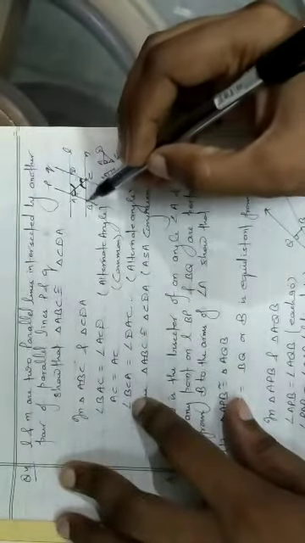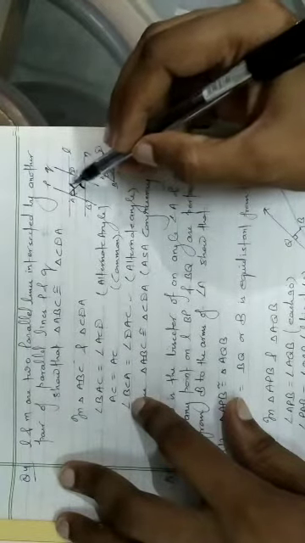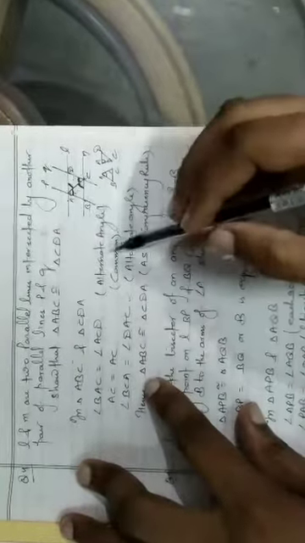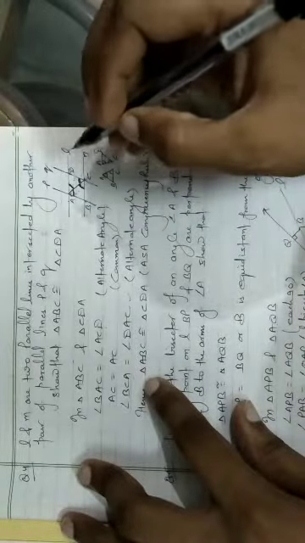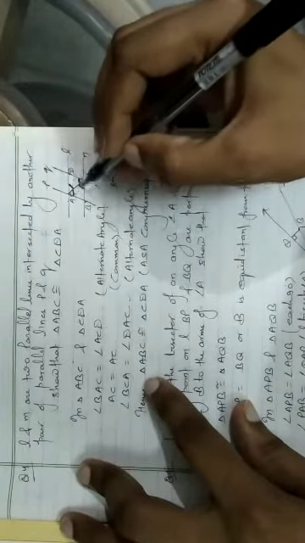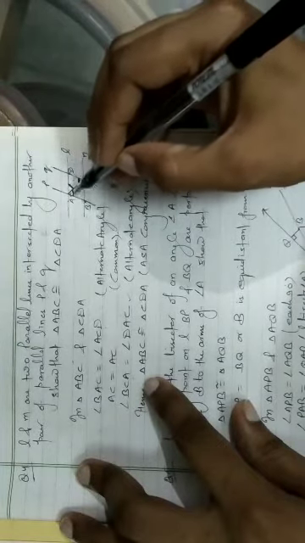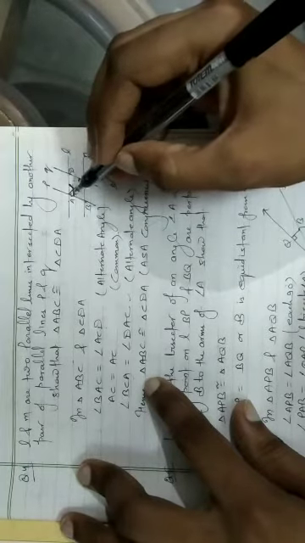Fine. Second, AC is common side for both the triangles, so AC equals AC, that is common side. Angle BAC, angle BCA, this angle will also be equal to this angle because these are also alternate angles. So you can see here we are getting two angles and one side, but here the side is included between the two angles. How you can see here: in triangle ABC, these two angles and this side, these two angles are formed on this line. So we can say here, between two angles one side is also included.